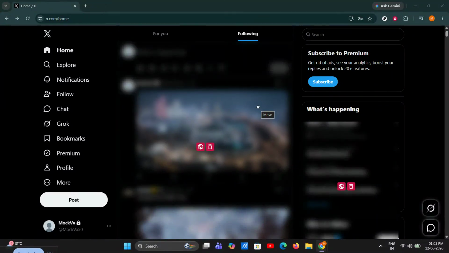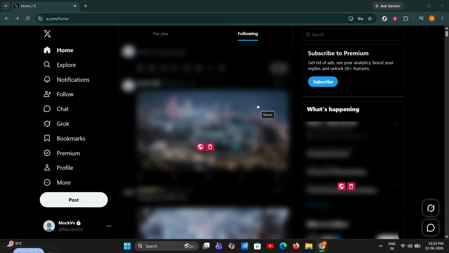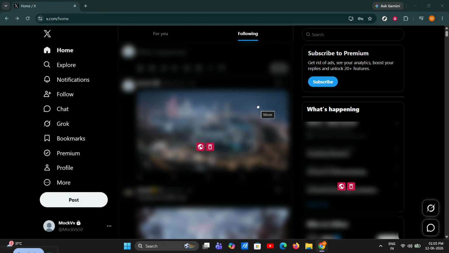If you want to turn on or turn off push notifications on X, formerly Twitter, you're in the right place. In this quick guide, I'll walk you through the exact steps on desktop so you can control which alerts you get and which ones you don't. This is really helpful if you want to stay updated on the likes, mentions, reposts, or replies without getting overwhelmed